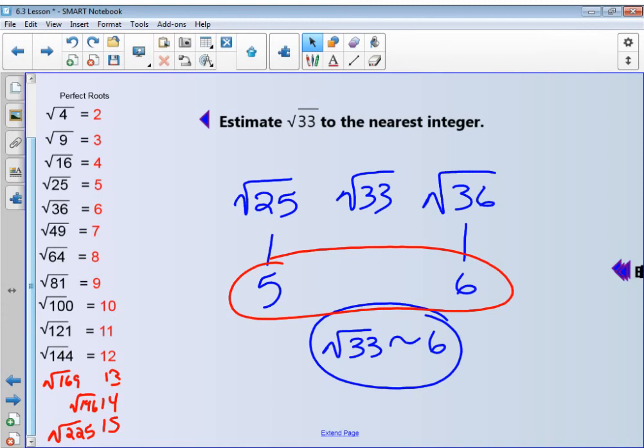Okay. Remember, on Iowa assessment, when you get to this part, it may be on the part of the test that you can't use a calculator. So make sure that you're